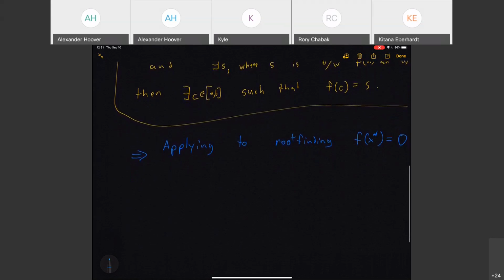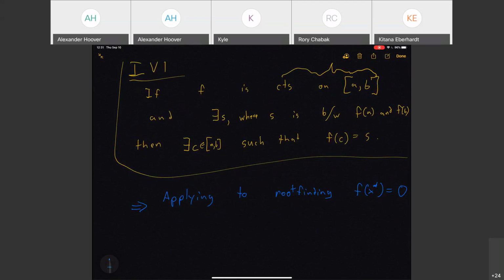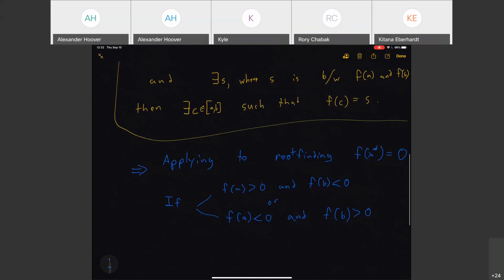We can apply the intermediate value theorem to say, hey, if we have a situation where either f of a is greater than 0 and f of b is less than 0, or if f of a is less than 0 and f of b is greater than 0, and with the caveat that f is continuous on [a, b],